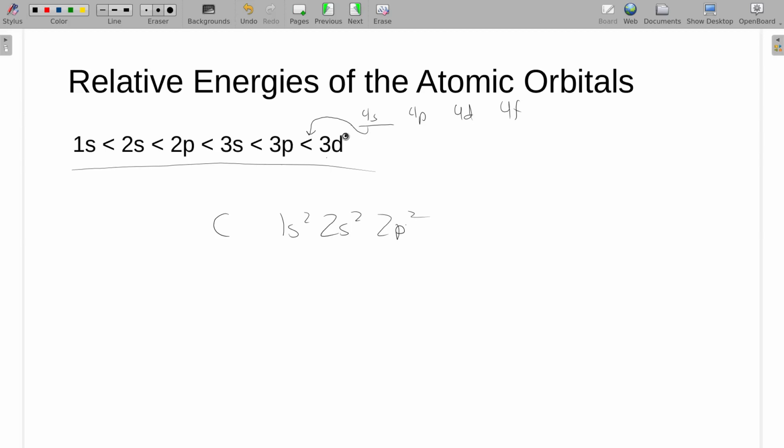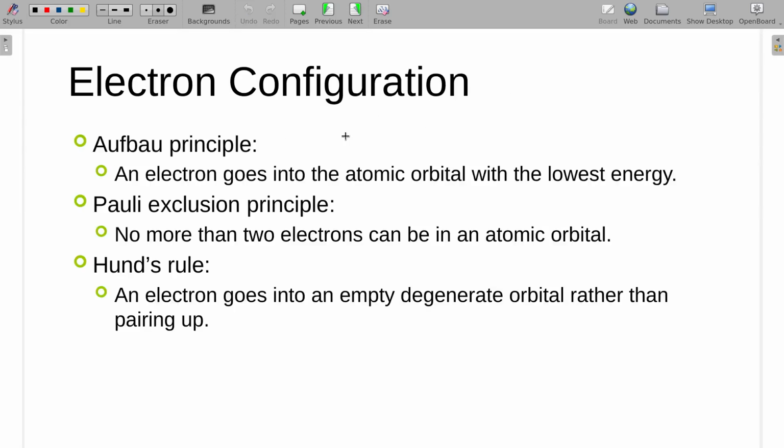Well, that was related to the different names of guys who figured out different aspects of our electron configuration, how they go. Aufbau principle was the one talking about the order in which they fill. He was the one that explained why the 4s orbital fills before the 3d orbital, because it just turns out the 4s is lower in energy.